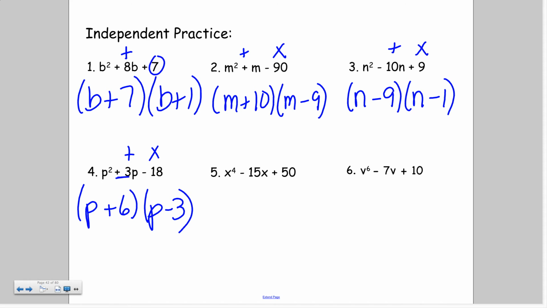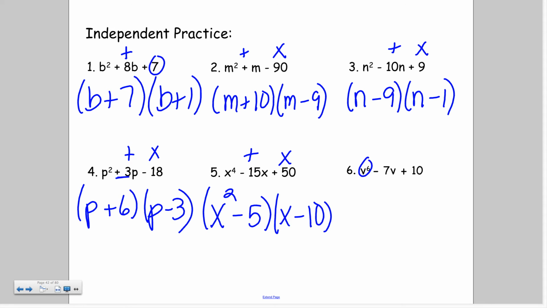5 and 6 are a little bit different just because your leading degree is a little bit higher. So we're just going to break that apart in half. So this is going to be x squared minus 5 and x squared minus 10. So we're going to multiply to get positive 50, add to get negative 15. Okay? You notice this one is v to the 6th, so in half it would be v cubed. We're going to multiply to get 10, add to get negative 7. So v cubed minus 5 and v cubed